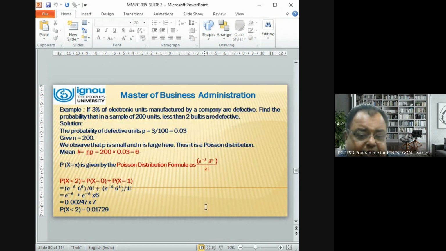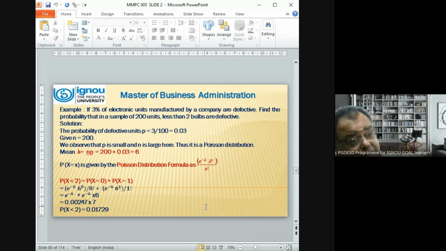Now we will see how it is used. If 3% of electronic units manufactured by a company are defective, that means probability of defective is 3 by 100. Find the probability that in a sample of 200 units, less than 2 bulbs are defective. Now here you can see that